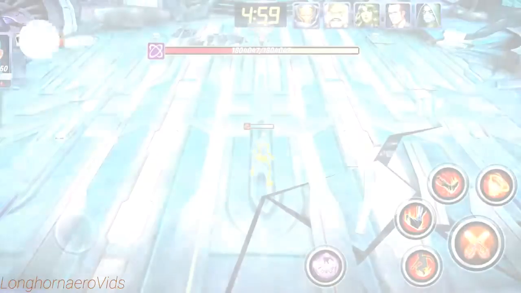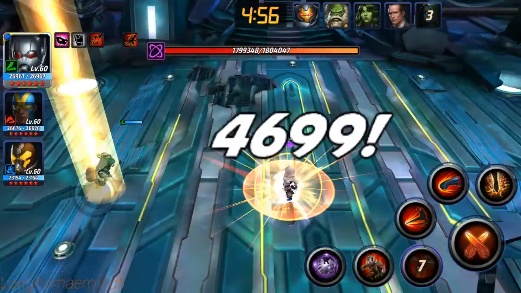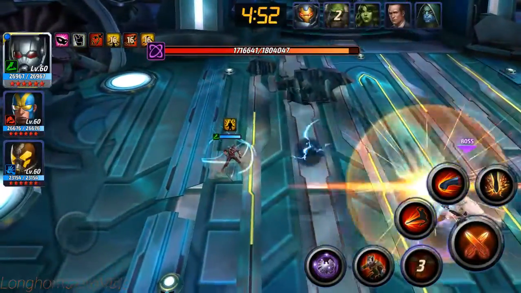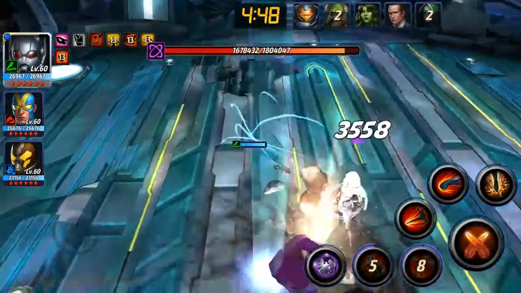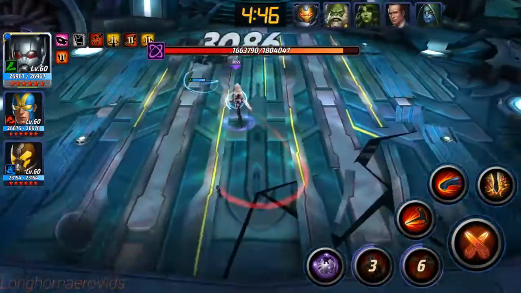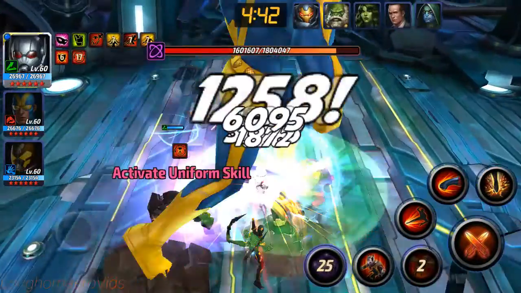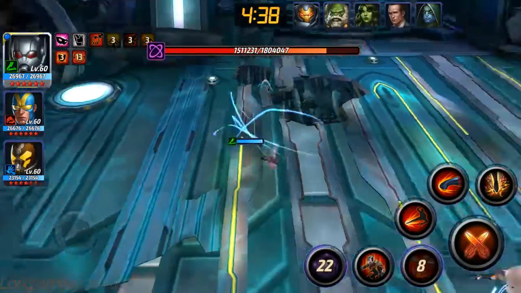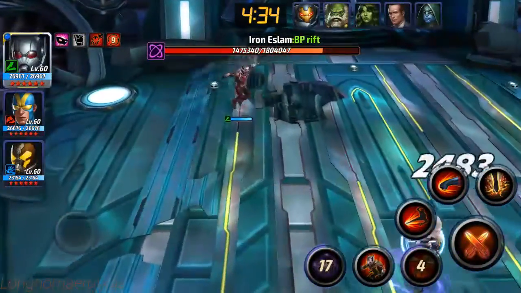So here goes. Switch to Ant-Man, hit the 5-star skill, go straight into 6-star skill, 5-star skill again. 6-star skill is not ready, so I'm gonna hit the co-op, 5-star. So I'm just gonna keep doing this over and over and over, and I'm really not even gonna try